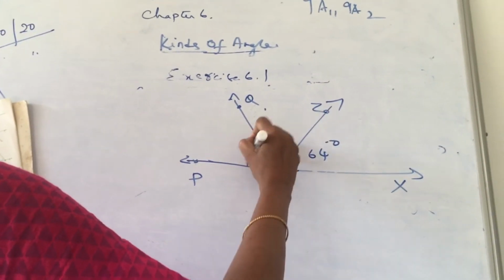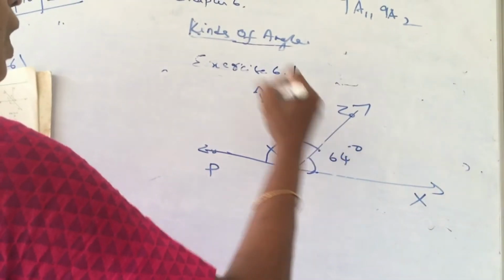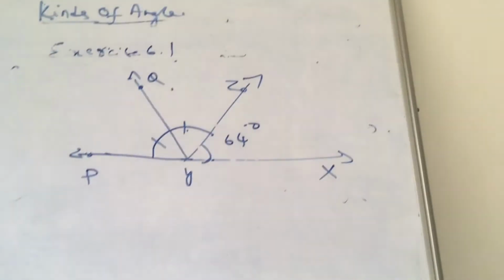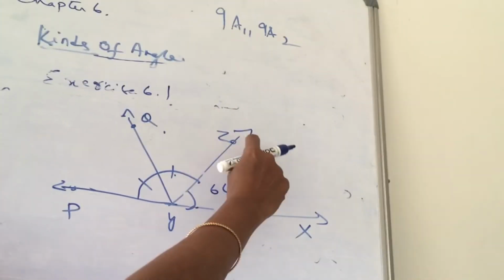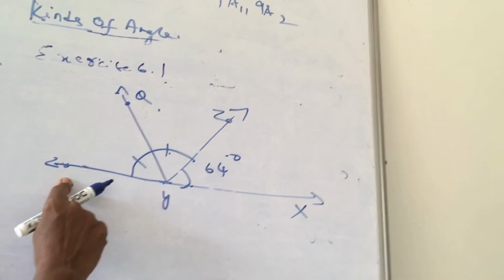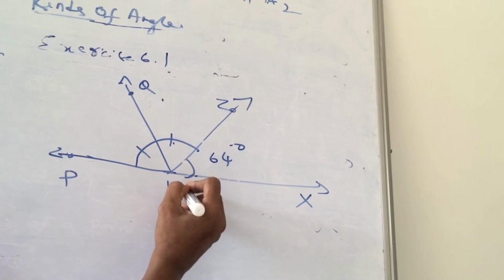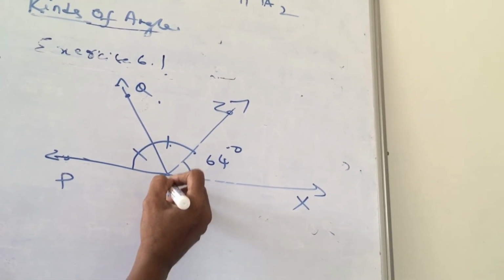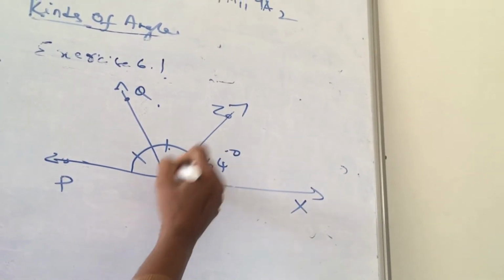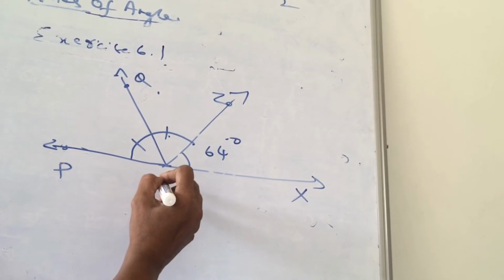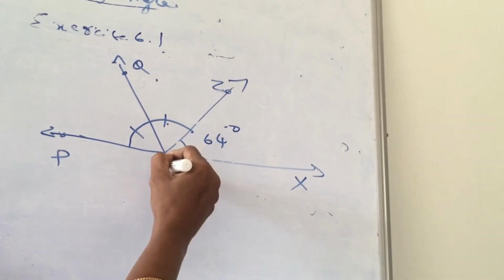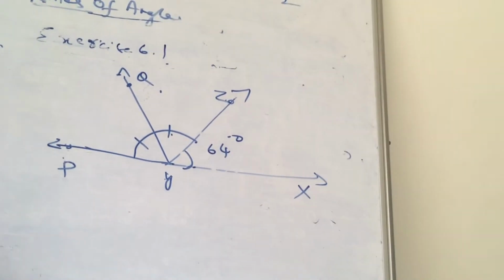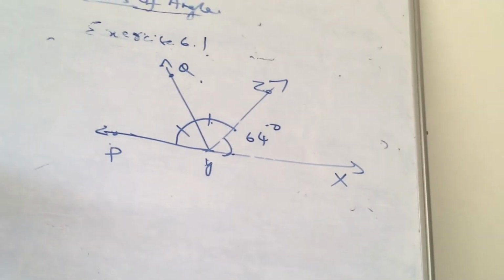You know what is the meaning of the word angle bisector? An angle bisector divides the angle into two equal parts. Ray YQ bisects angle ZYP. Find angle XYP. Find angle ZYP. Okay, followed. Next, you go one by one part.